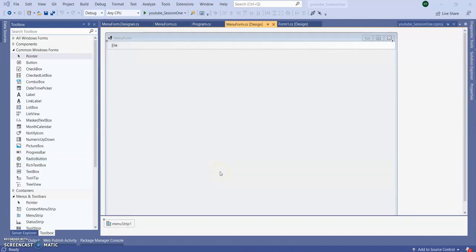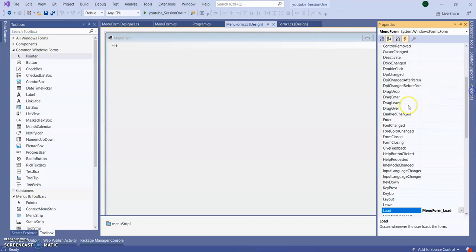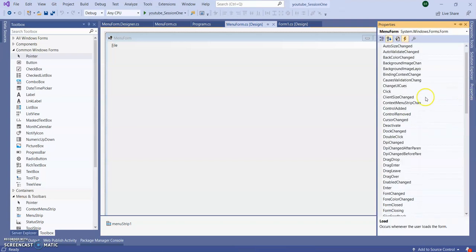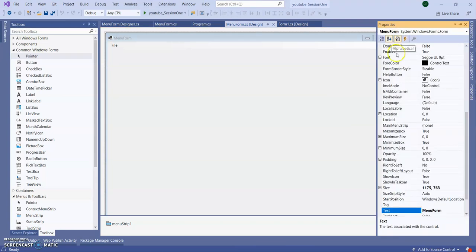So let's see how we can do it inside. We are going to see the MDI container. MDI means multiple document interface. So this menu form will work as a multiple document interface. Select the complete form and go to the property section. Here you can see IsMdiContainer. It is false by default. I am making it true.